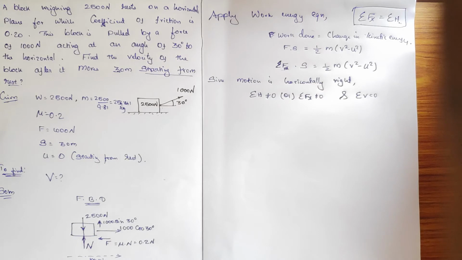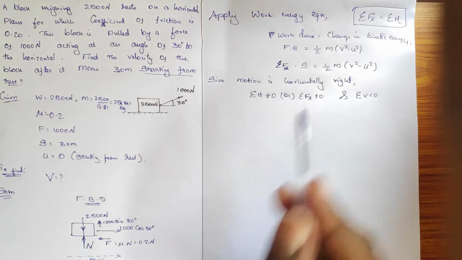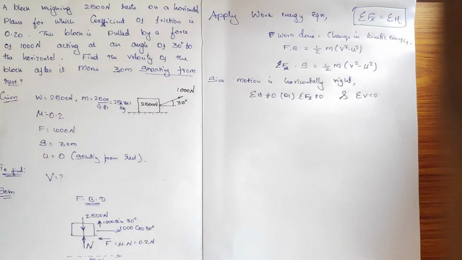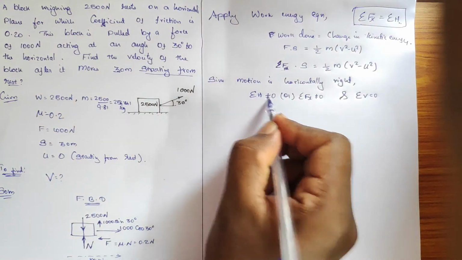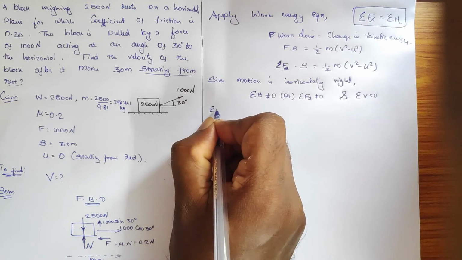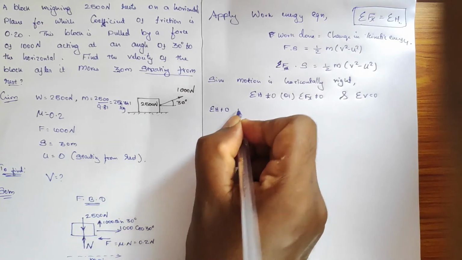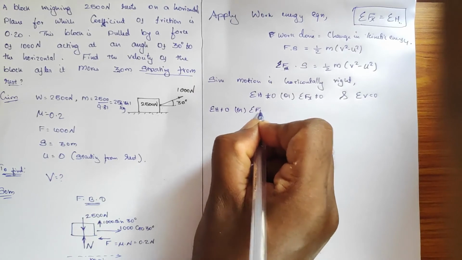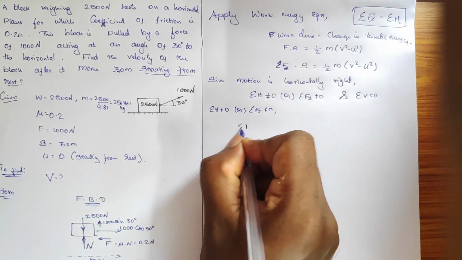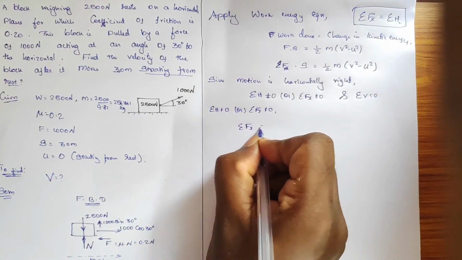Otherwise, if you follow the previous one, sum of horizontal force and sum of vertical force equal to 0, you may get a wrong answer. So if there is a motion in that particular direction, definitely the sum of force will not be equal to 0. In that manner, sum of horizontal force is not equal to 0. If I apply sum of horizontal force not equal to 0, what happens, I will get the answer for summation of Fx.